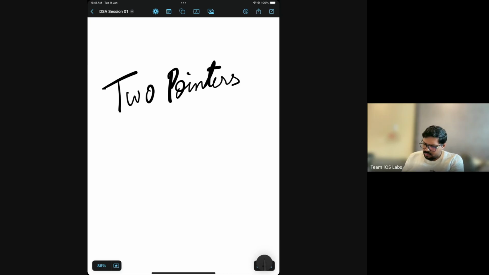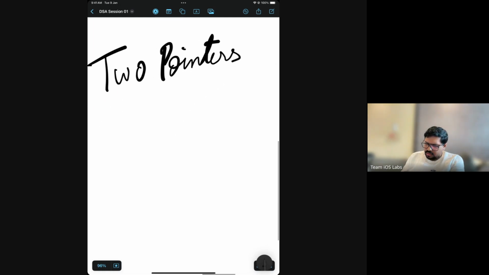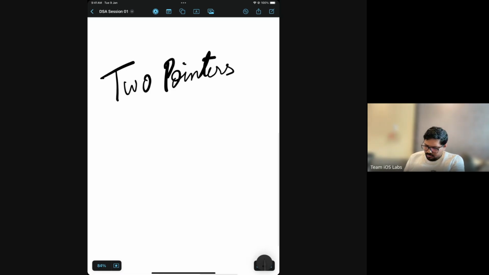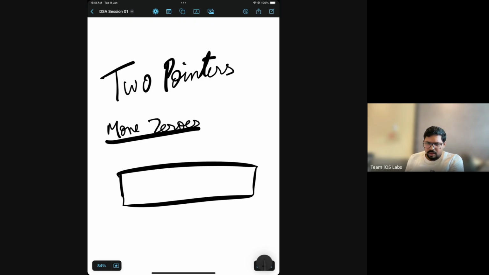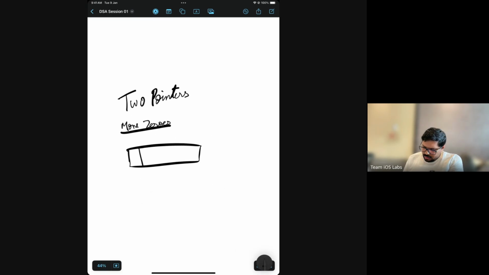Two pointers. Okay. So first I'm going with this. We'll take an example of the move zeros problem itself. What we are doing here is, you have an array, and suppose you have elements like 0, 1, 0, 2, then extra you can add 3, 4, 0, 5, something like this.